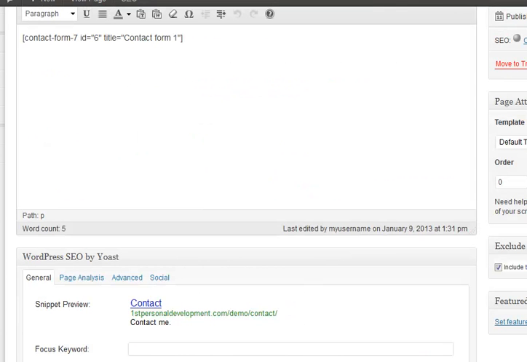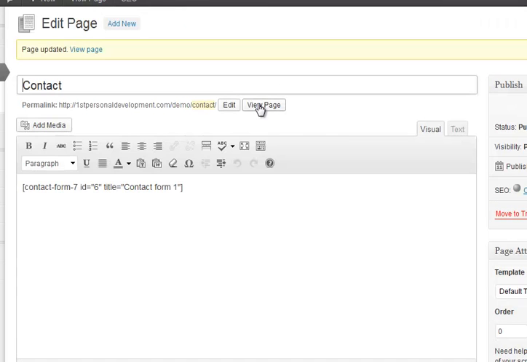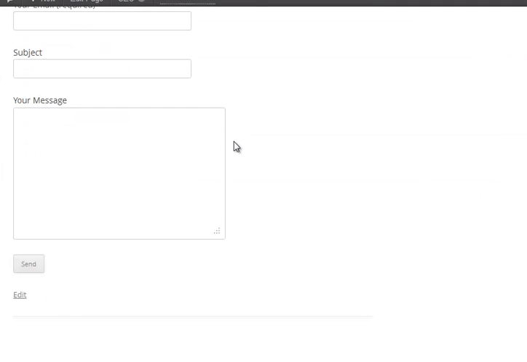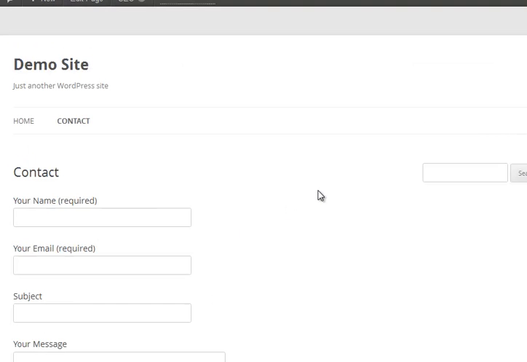Click on the update button, which is just off screen. The first time you post it'll be publish, and then it's update. What that does is it gets rid of the edit things there because I'm logged in. But other than that, it gets rid of comments because you don't really want comments on a contact page. So that's the first one. We'll come back to the dashboard